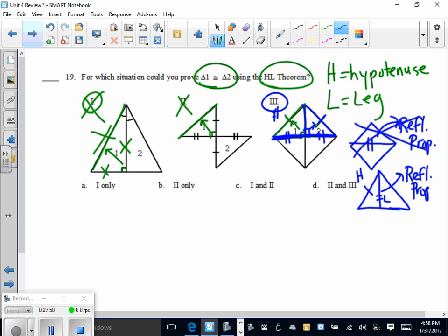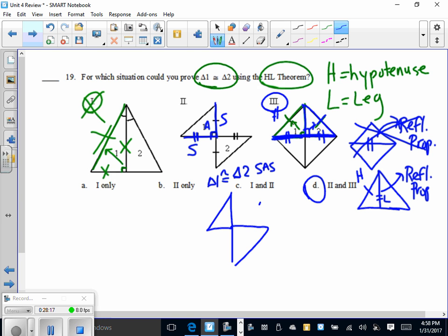Okay, wait a minute. Got something wrong here. Oh, I know why. It's going to be D. And I'm sorry, let me back up to number 2. This is an S, this is an A, and this is an S. So I could say that triangle 1 is congruent to triangle 2 by side angle side, which leads to say that